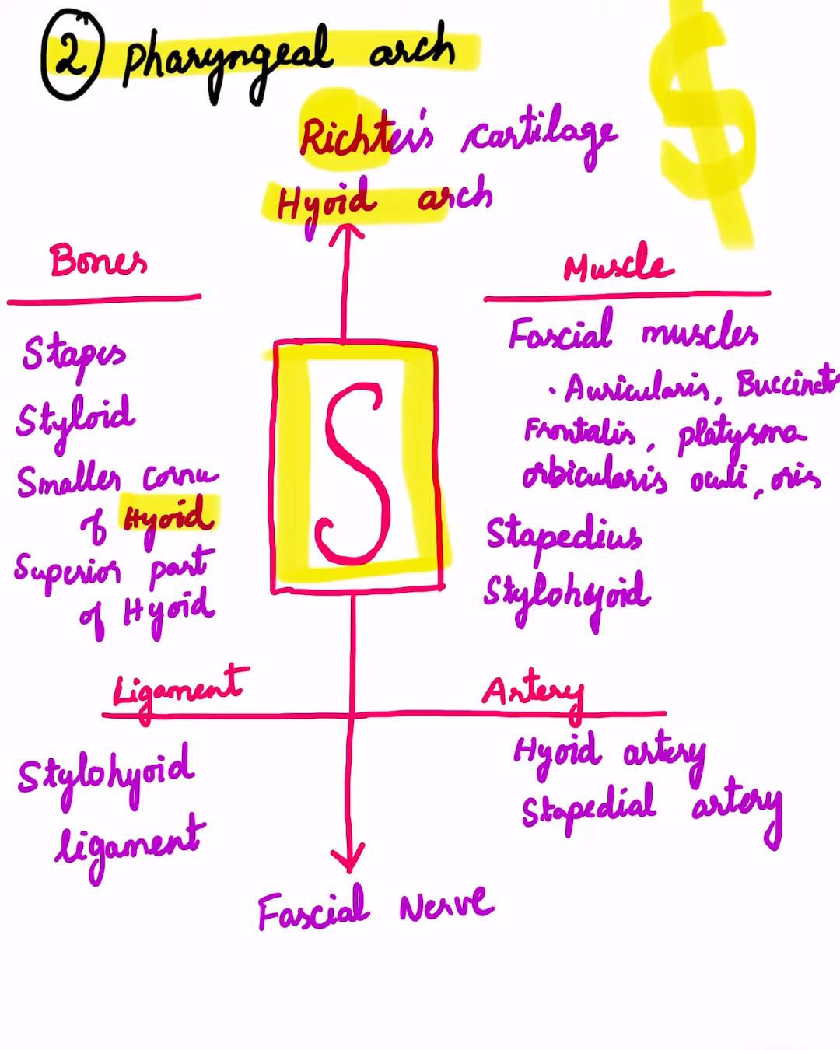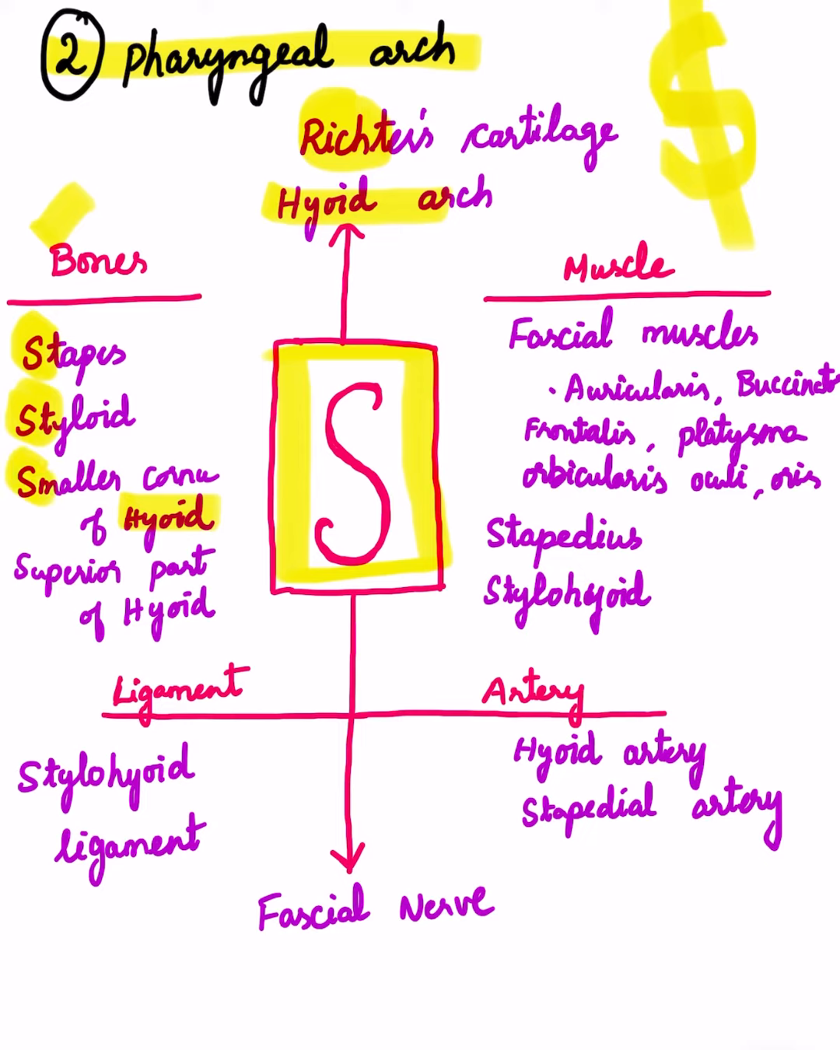For the derivatives of bone, we have already seen that malleus and incus, the ear ossicles, are derived from the first pharyngeal arch, and the remaining ear ossicle, that is stapes, is a derivative of the second pharyngeal arch. And the styloid process is also a derivative of the second pharyngeal arch. And as the second pharyngeal arch is also called the hyoid arch, the smaller cornu of the hyoid is derived from